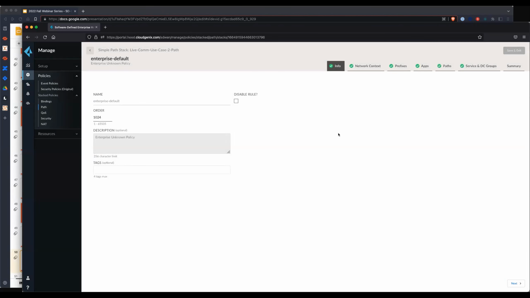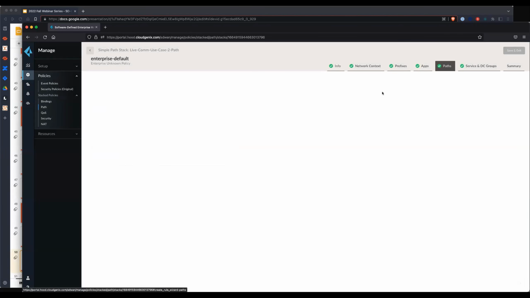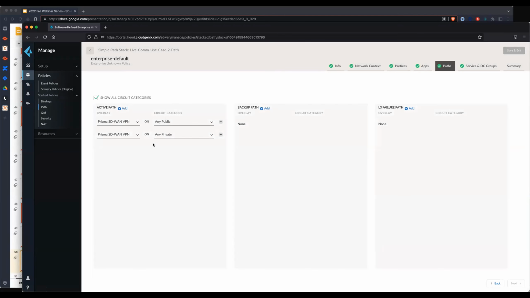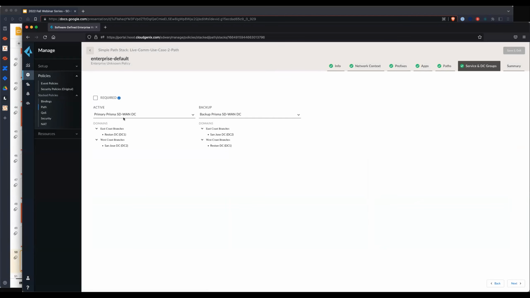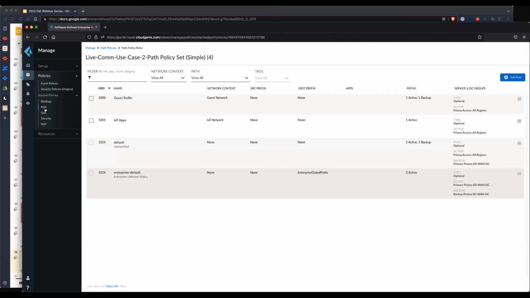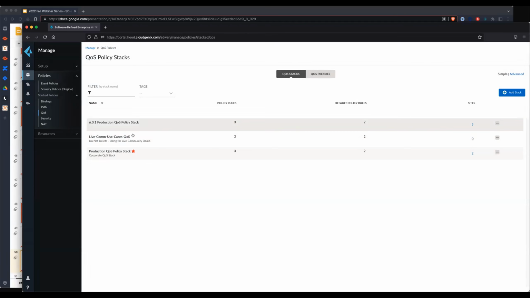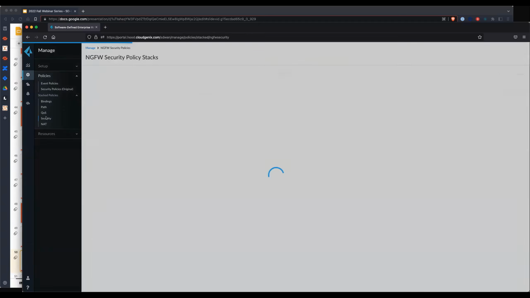And the enterprise default rule is the same as the last use case. The paths here are SD-WAN VPNs, and the service and DC groups are going to be their primary or backup DCs based on their geolocation. QoS, these are the same policies that we used before, so we're not going to re-review it. And then from the security standpoint, we